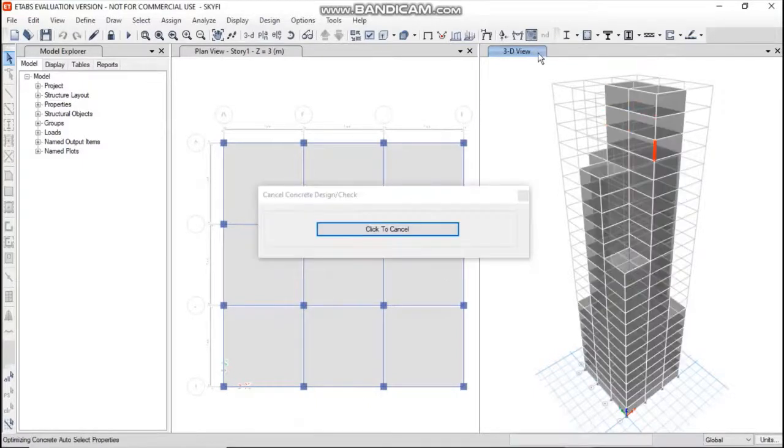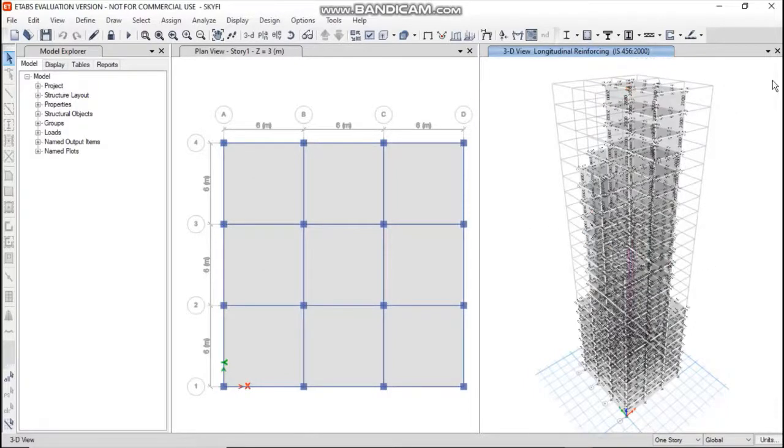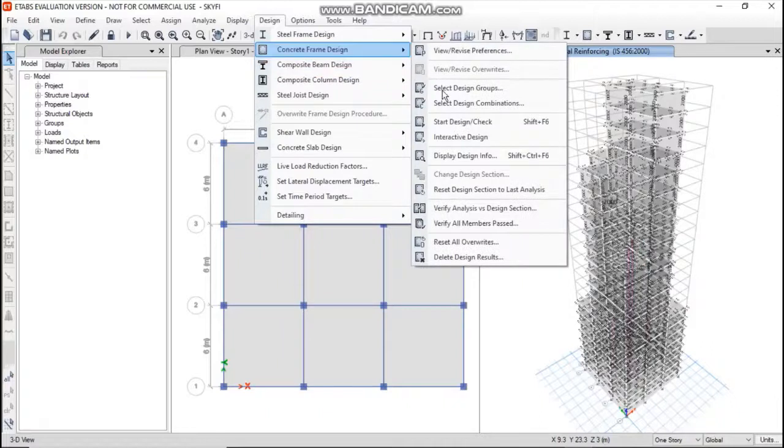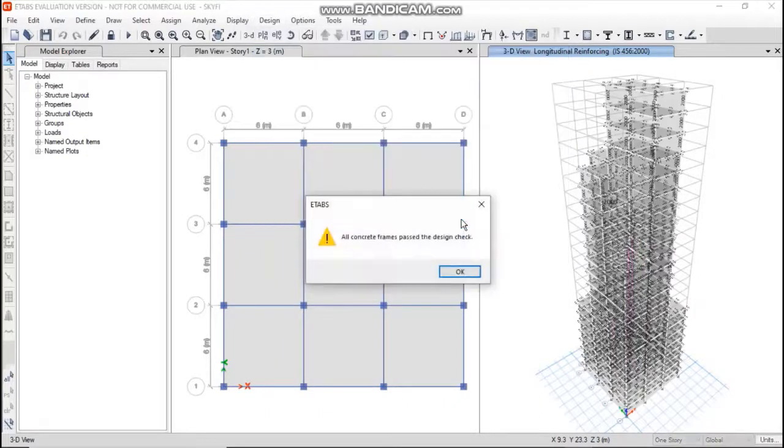So you can see the building has passed the design check. Now just click on concrete frame design and verify all members passed. As you can see, all the concrete frames have passed the design check even for the time history analysis.